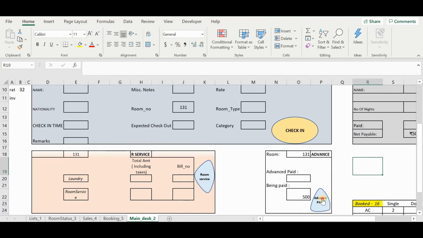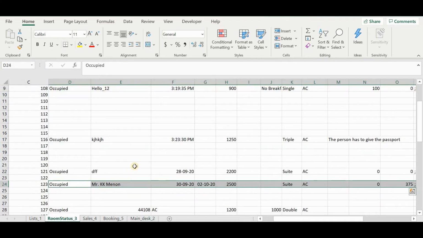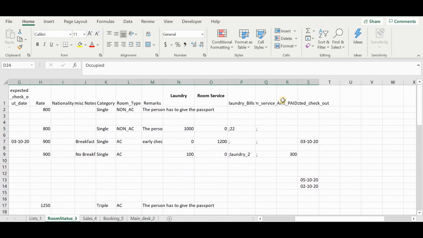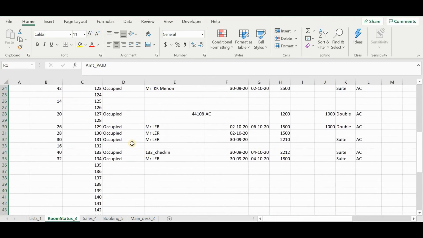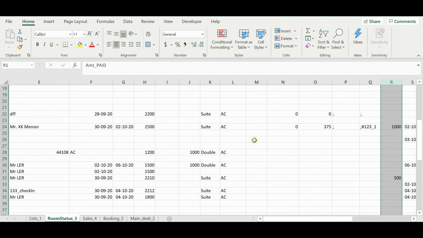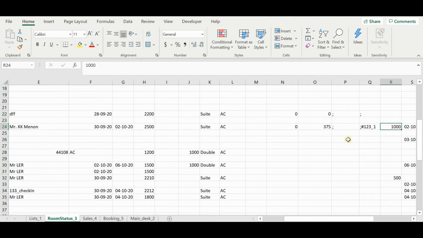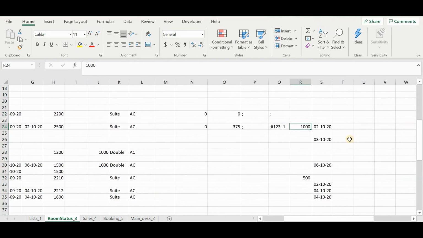I just have to click here and it's done. You can check the advance status from here. Just come here and this shows the advance status. It is available from here also. Let me show you 123. It shows 1000 as the advance amount already paid.